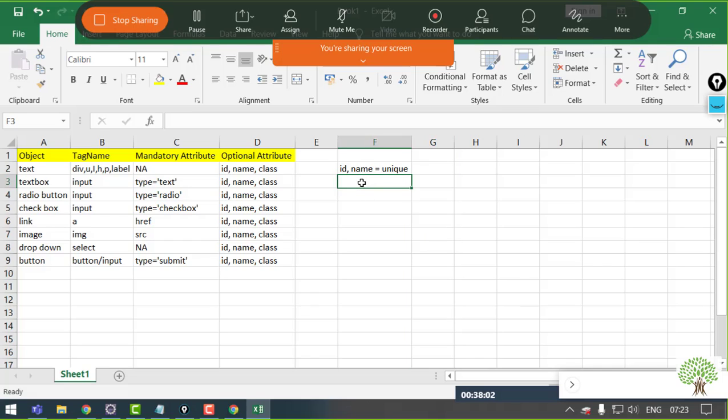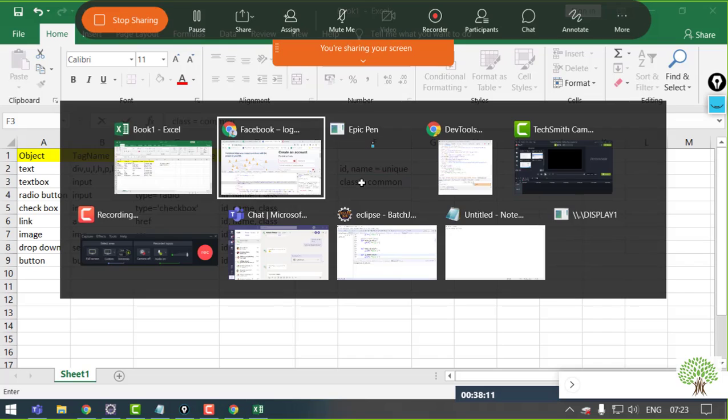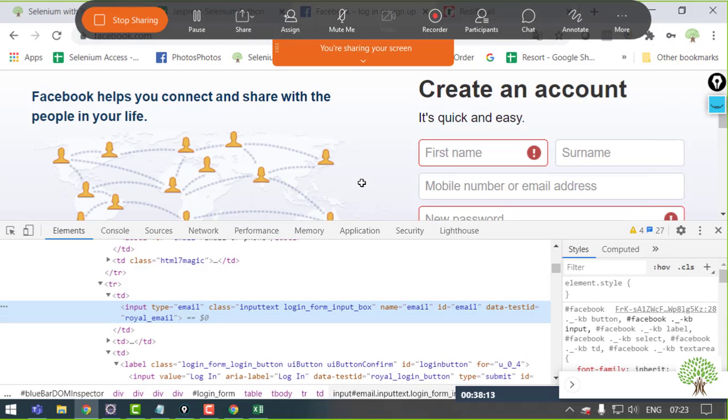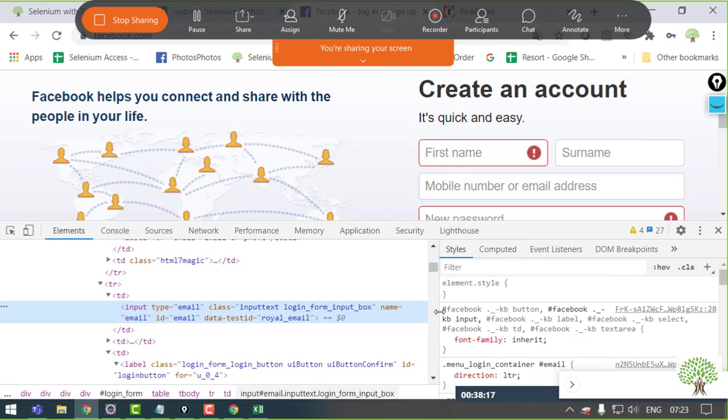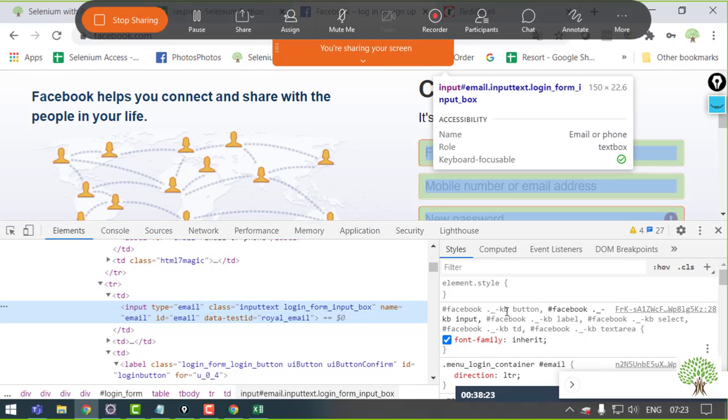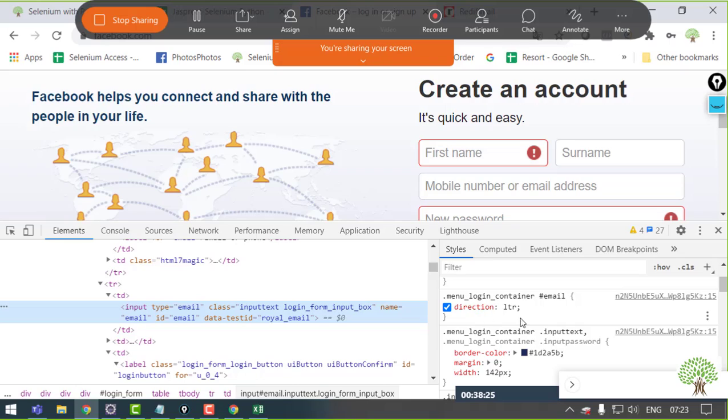Coming to the class attribute, the class attribute can be common. It can be common to a number of elements. Why? Because the classes are basically responsible for the look and feel of the element on the web page. You can see at the right hand side where my cursor is right now, in these styles, there are descriptions for the classes.